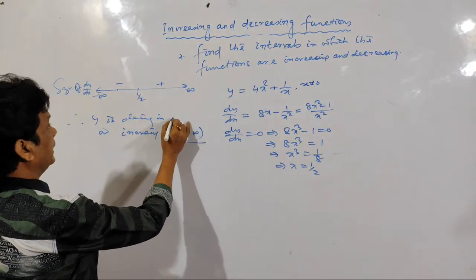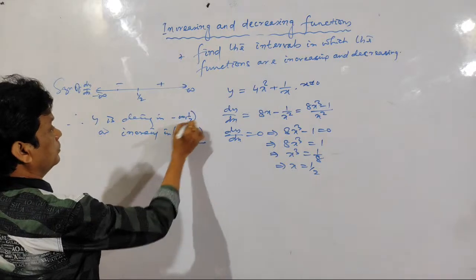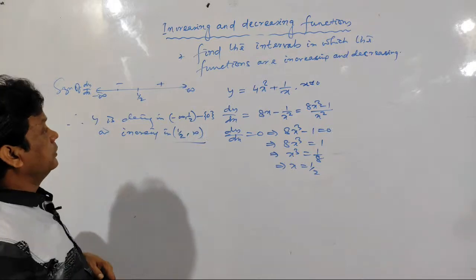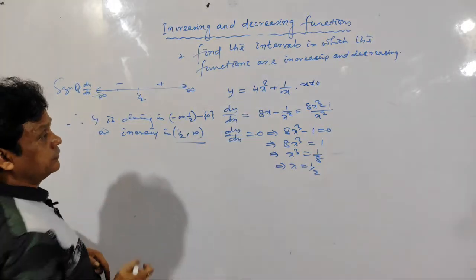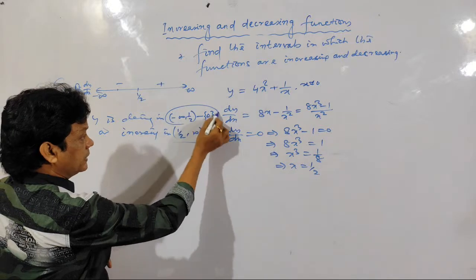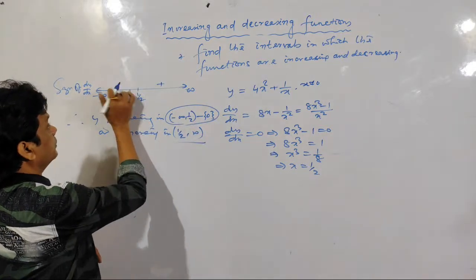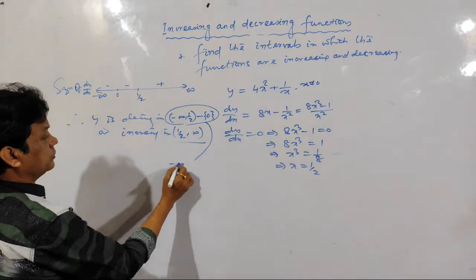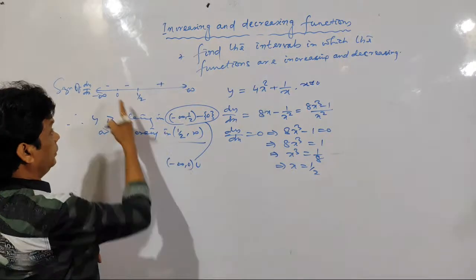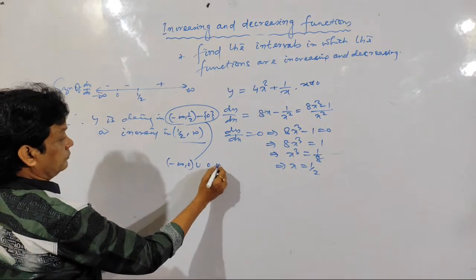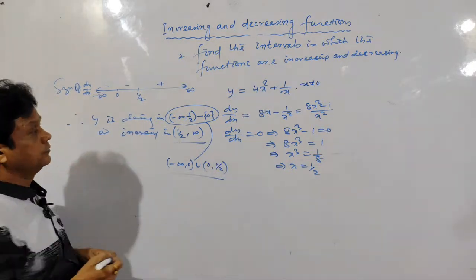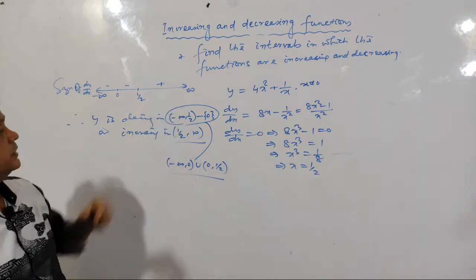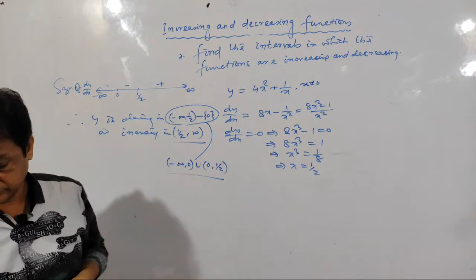So either you can write like this, minus infinity to 1/2 minus 0. You can write like this. Okay. So at 0 it is undefined. Or this can be written like this, because 0 is a point here. You can write like this, minus infinity to 0 union 0 to half. Like this also you can write. Okay. And in this interval it is increasing. Is it clear to you or not?